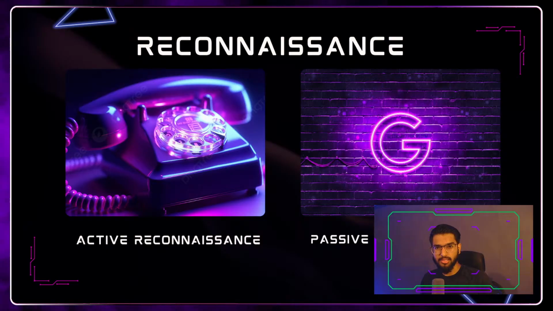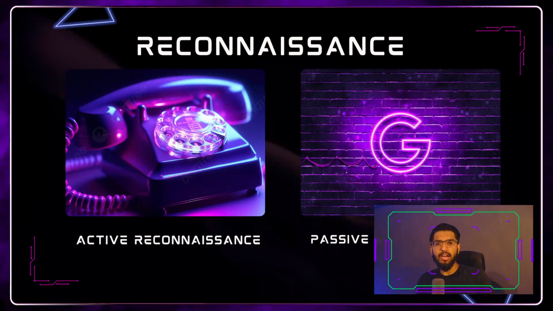Whereas passive reconnaissance is using available data, where the target whose data we are collecting will never get an idea that their data is being searched or researched, because it is already available on the open internet. It could be on Google or any search engine, or on their social media profiles like LinkedIn, Instagram, Twitter, or any such platforms. Or it could be any other source, like a data breach that happened in a company, where we try to gather their leaked data.